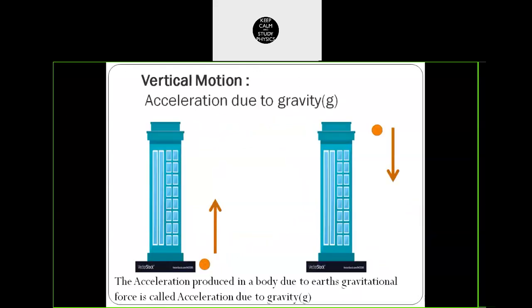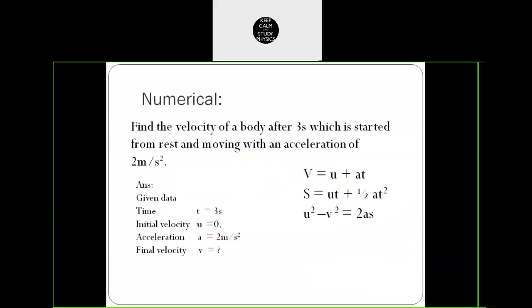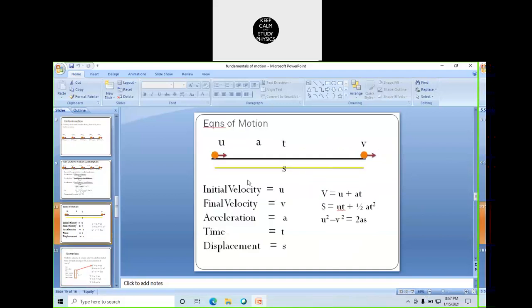Now, before starting the class, I said we are discussing linear motion, rectilinear motion. That means motion along a straight line. All these three equations are applicable for motion along a straight line, right? Now, we modify some of these quantities and we apply the same equations of motion to vertically thrown up bodies and freely falling bodies.